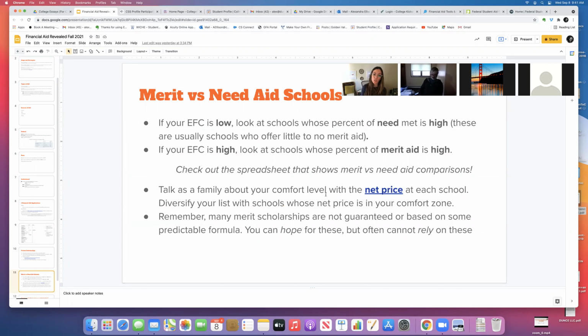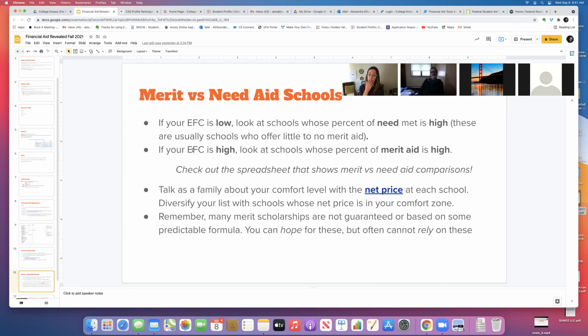Now, why I recommend starting with that EFC calculator is because that just tells you generally what would be expected of your family to pay and what your eligibility for need is. And once you've got a solid list of schools, then you can plug in your financials into a net price calculator for each individual school. By the way, you can also find the net price calculators in your students' College Planner Pro account. When they're looking at a school profile, there's a net price calculator button right there. So that might be the easier way for you to get to it, but it is available on the College Board website when it loads properly.